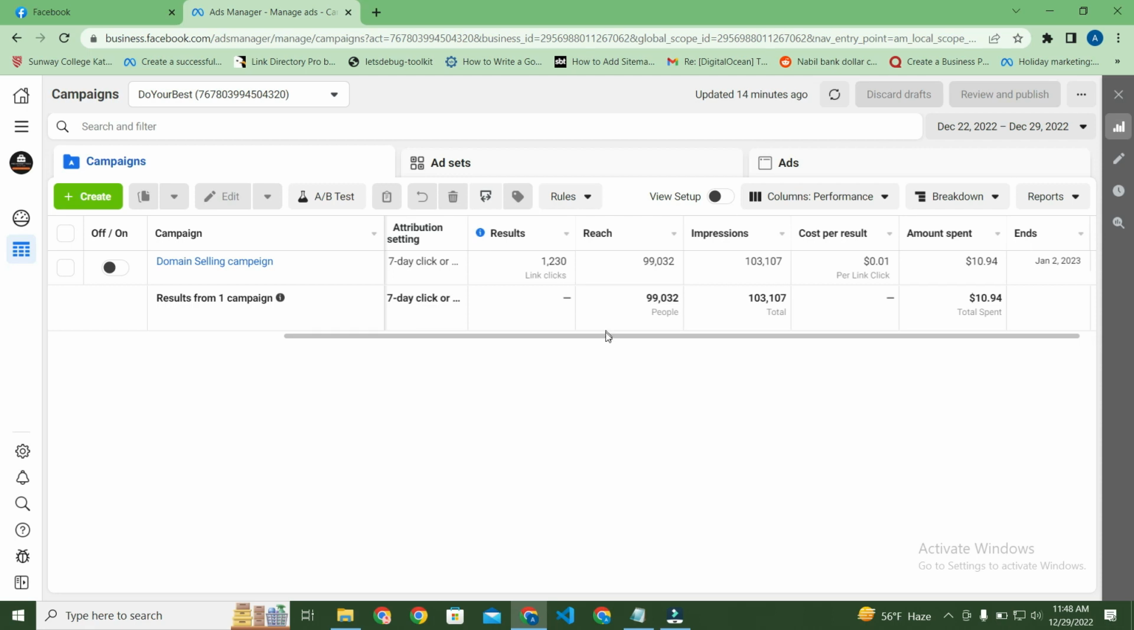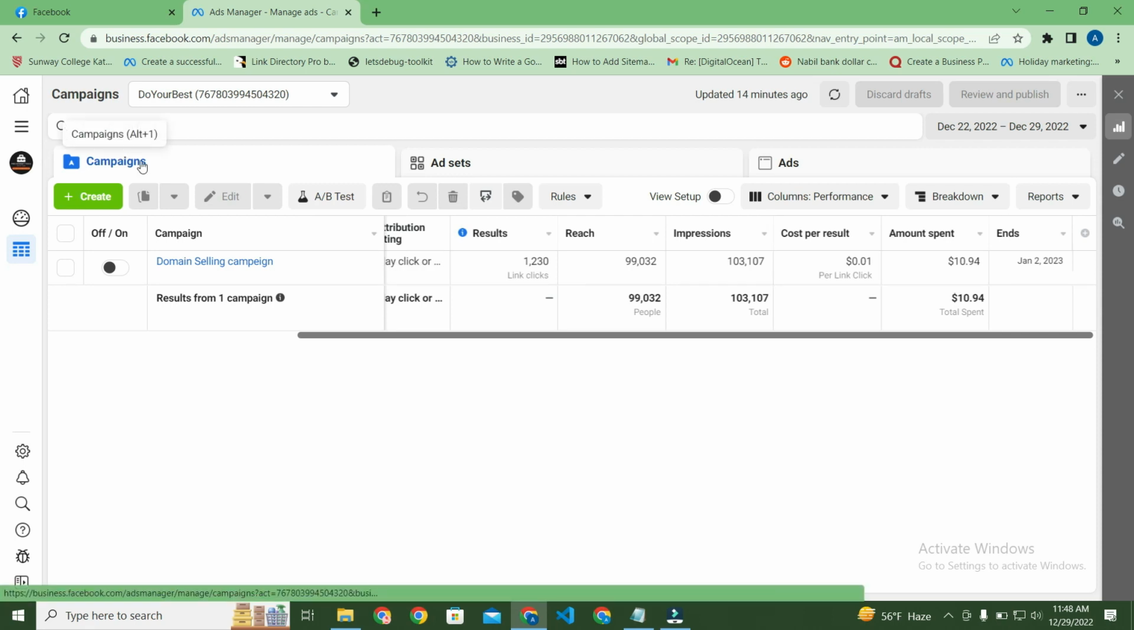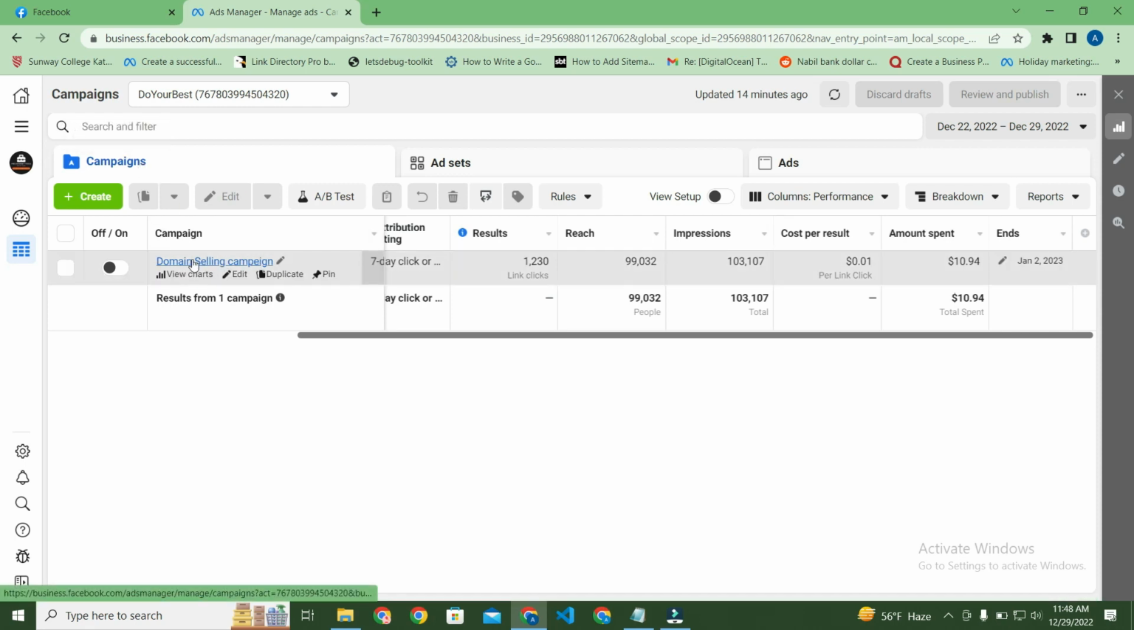Now I'm going to show you how to delete the Facebook ad campaign. As you can see, I have this campaign which is turned off,